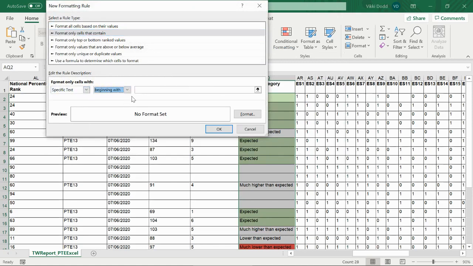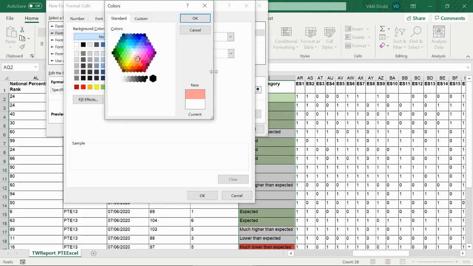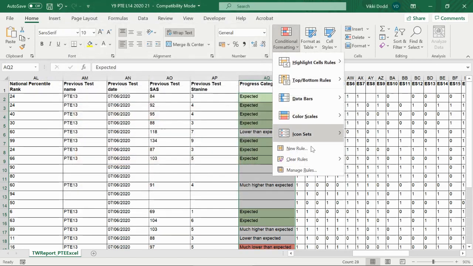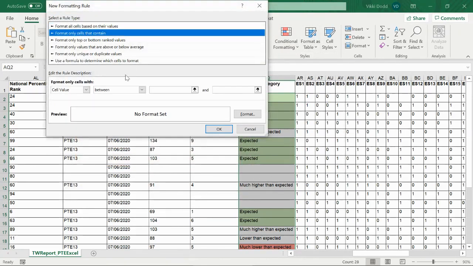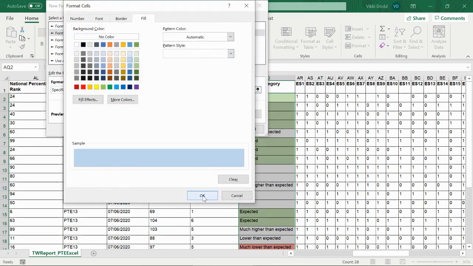Specific text, beginning with, much lower. And the light red option again. And now for higher. Specific text, beginning with, higher, light blue,